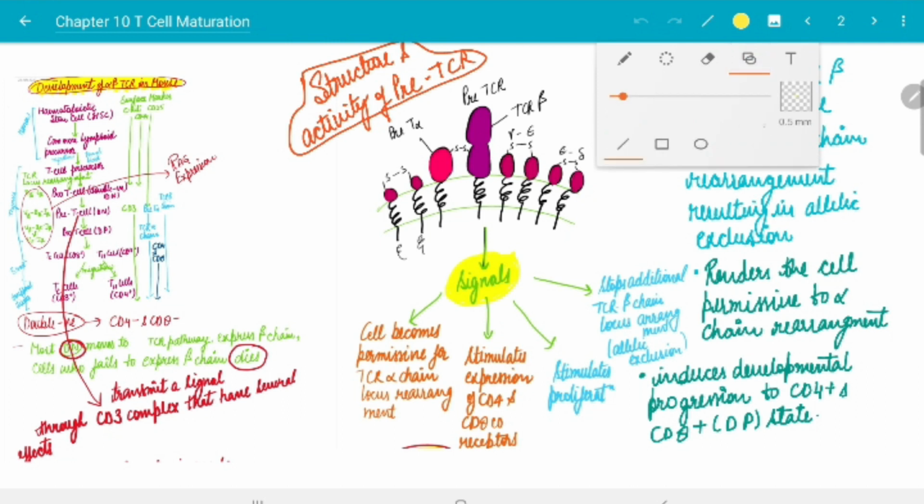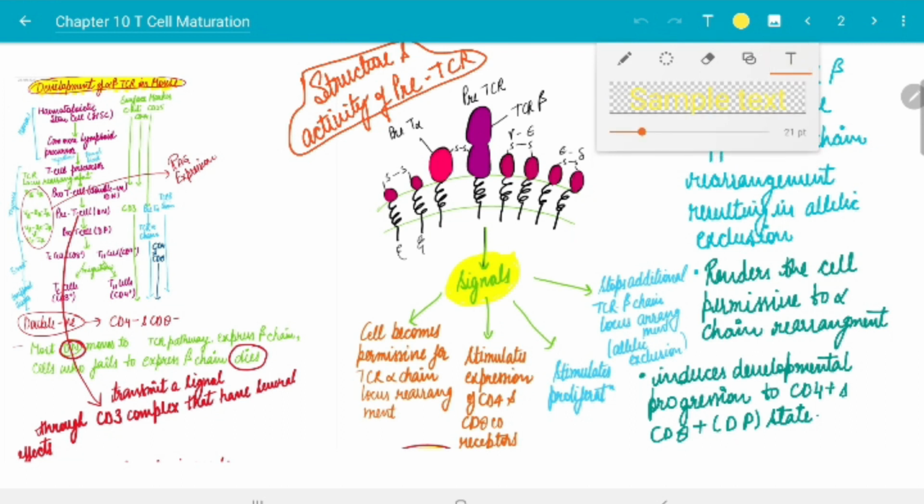You can also add lines or rectangular figures or circular figures, whatever you want to add. This option was not there in OneNote. Even in the text option, if you add text, it is pretty simple, and wherever you put it, it is pretty much visible. But in OneNote, it's not that visible. You can add text in OneNote, but it is not that user friendly, I would say.